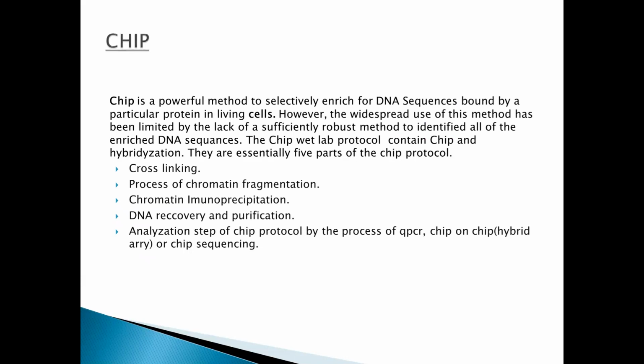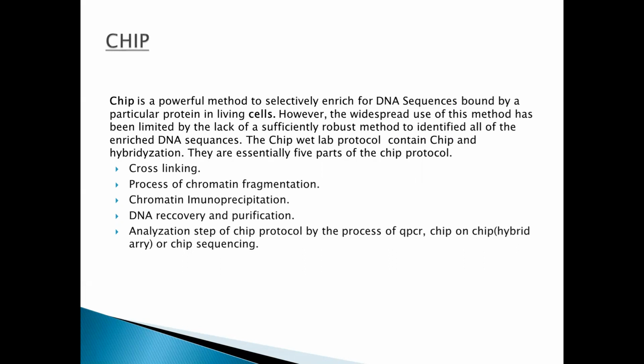There are essentially five parts of the ChIP protocol. First step is cross-linking. In this step, formaldehyde is used on large batches of cells in order to obtain a useful amount of DNA. The cross-links are made between the protein and DNA, but also between RNA and other protein. The second step is chromatin fragmentation, which breaks up the chromatin into high-quality DNA pieces for ChIP analysis in the end. These fragments should be cut to under 500 base pairs each to have the best outcome for genome mapping.